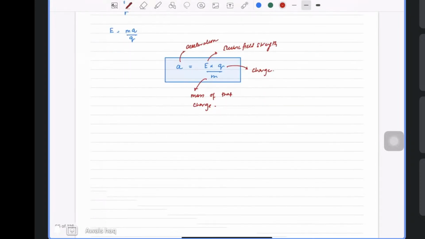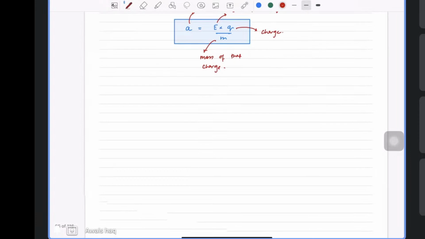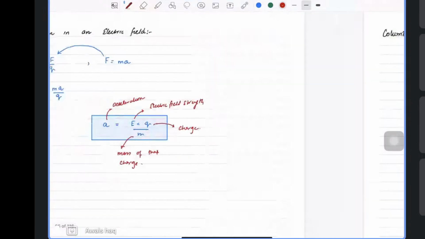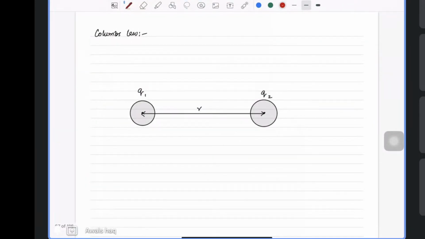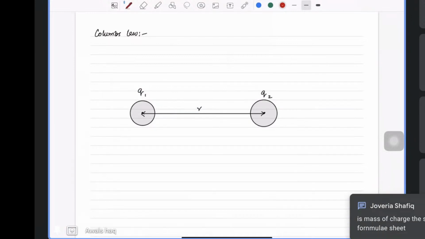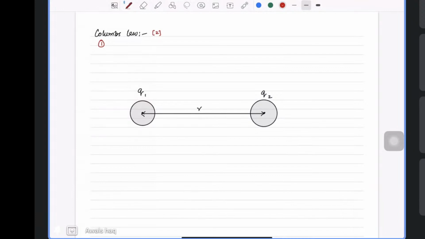So now I'm going to go a bit forward, and we're going to learn about Coulomb's law. Coulomb's law is quite simple. It basically comes for 2 marks. So the first part of Coulomb's law basically states that